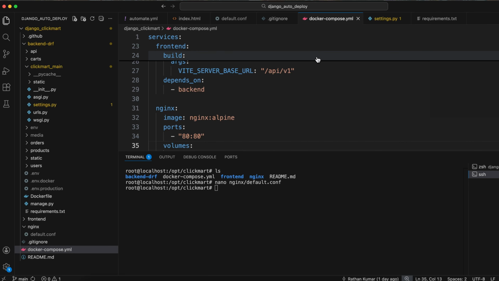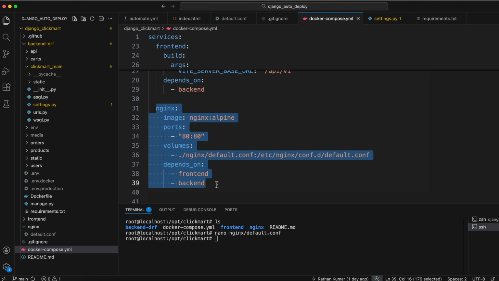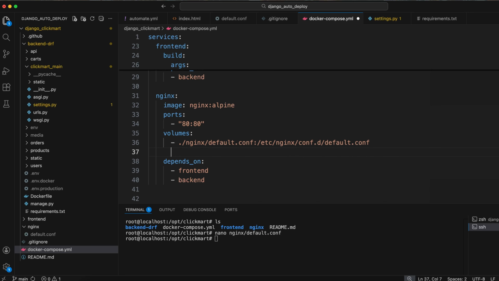in this docker-compose.yml file. We have the nginx service, right? We have the nginx service. So here you can see there's this volume, right? What you have to do is just say hyphen dot slash backend hyphen drf slash static. So what we are doing here,